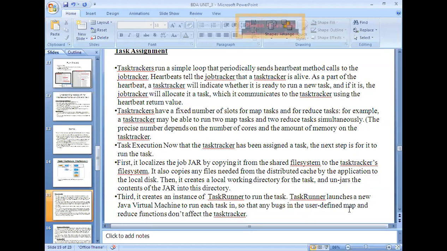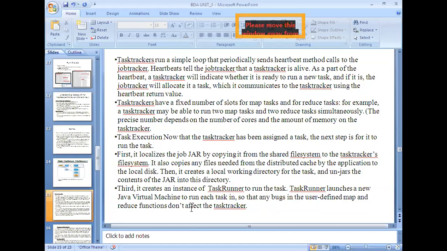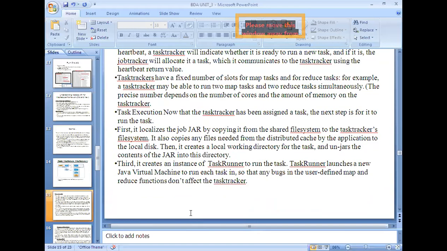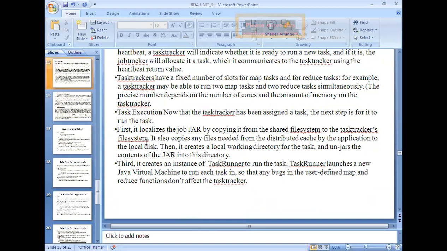The task runner launches a new Java JVM to run each task in. Each and every process is executed with the help of a JVM, so that whatever errors are generated will not affect your task tracker. So these are the 3 different steps done by the task tracker.